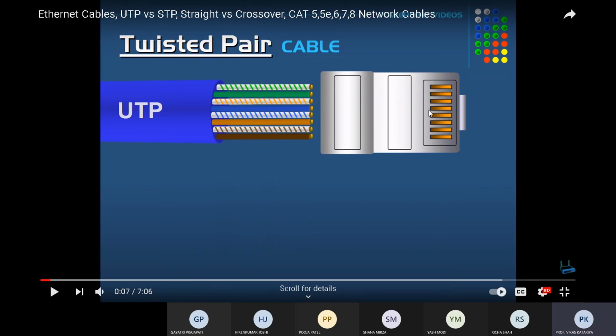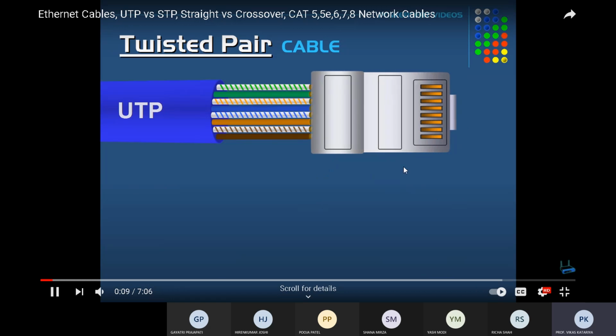This is an RJ45 connector, and we have to arrange the cable with some standards, and the RJ45 will enter this cable. So the connection should be established from this circuit. Here there are 8 total cables and 8 total circuits. Every cable connects with that circuit, and there is a tool called a crimping tool which connects it properly. So I will show you one by one. You just observe the video.